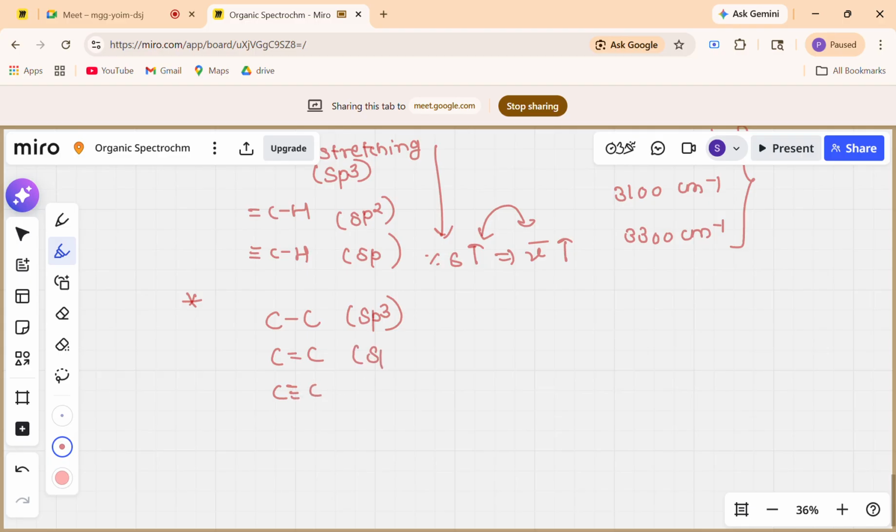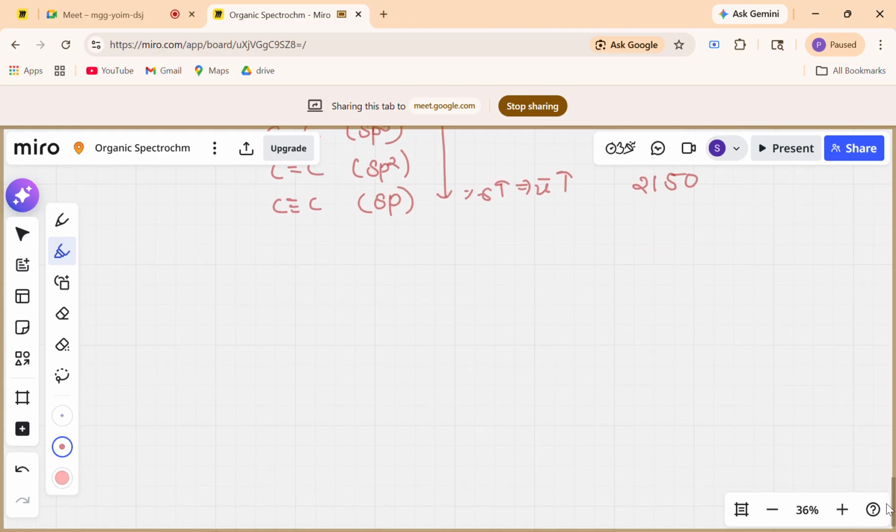So next we'll discuss CC stretching. Similarly, as we discussed the CH stretching, there will be CC stretching bands we can observe. In sp3 hybridized, the value will come around 1000 to 1100. In case of sp2 hybridized, it will be around 1650, whereas when it's triple bonded, like the sp hybridized, the value will come around